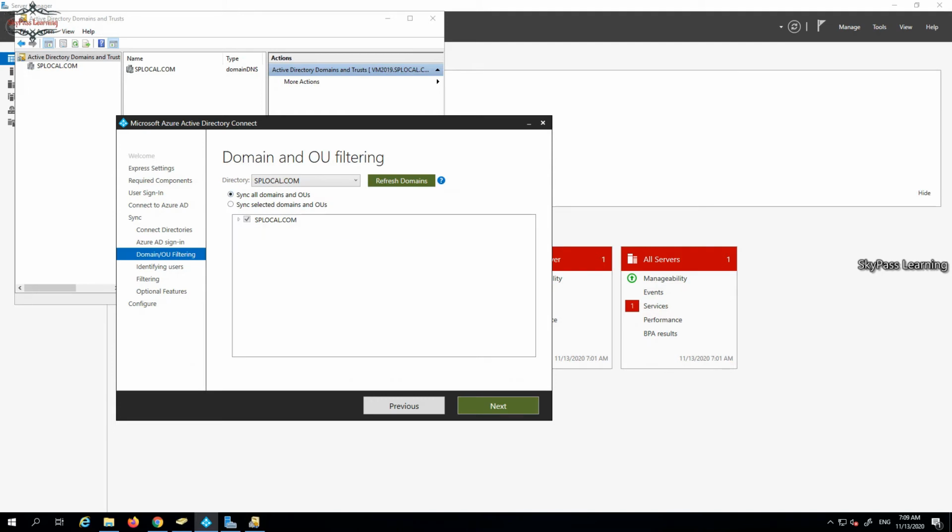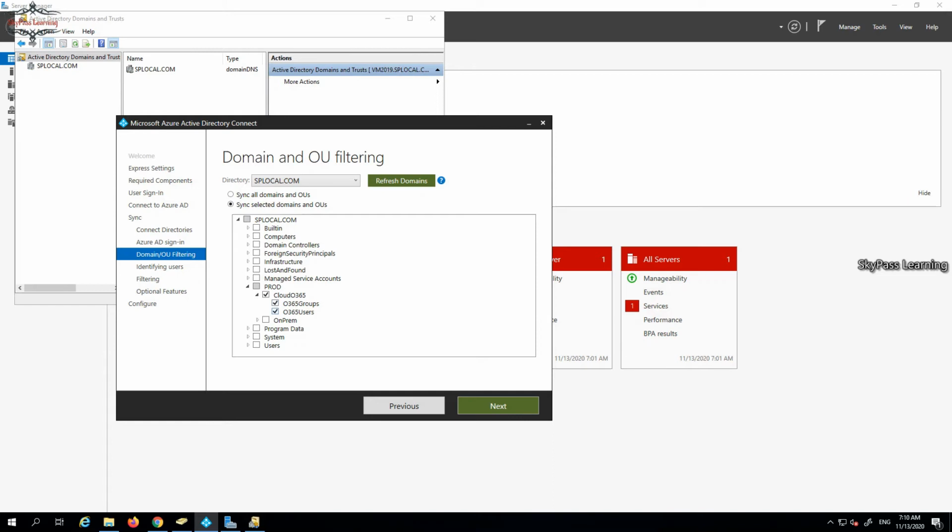Sync all the domains and OUs, or you can select as per your requirement. What I am going to do here is select a specific OU, that is Cloud O365. I just want to sync these two OUs only. Here you have an option: you can sync the entire directory or you can sync a specific user group.